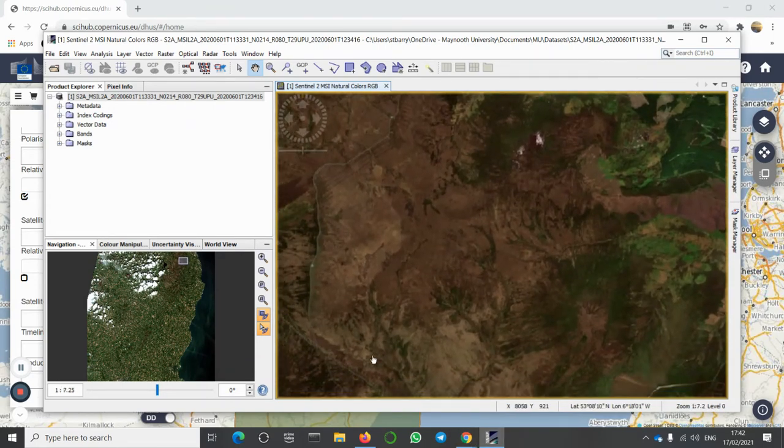So this is going to be the area that I'm going to focus my project on. And I suggest that you select an area that you're interested in that certainly has some interesting features. So we will begin to explore